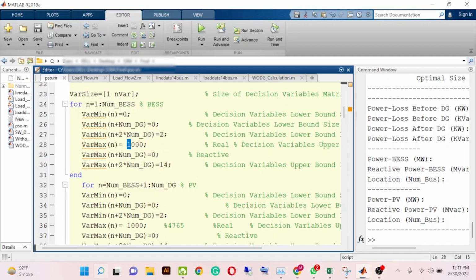Then you can adjust this too. I think if we have 3 PVs, then the size will be around 1500, for example. So 1500 multiplied by 3 will be 4500 kilowatts, and in this case it will also be 1500 multiplied by 3. So 4500 kilowatts will be the size of the 3 battery energy storage systems, and 4500 kilowatts will be the size